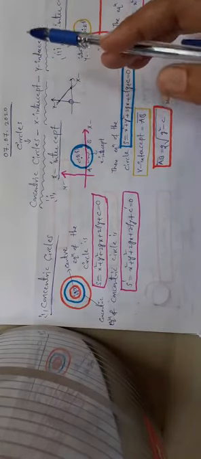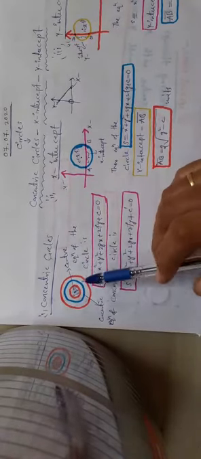Today I am going to explain some points according to the circle unit. See here, what are concentric circles? What is x intercept? What is y intercept? Concentric circles means, when we have an x intercept and a y intercept, then what is the equation of the circle? At the same time, how is that equation of the circle related to x intercept and y intercept? So coming to the point, the first one is concentric circles.